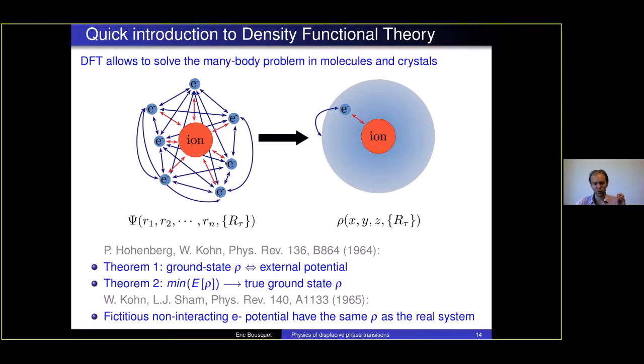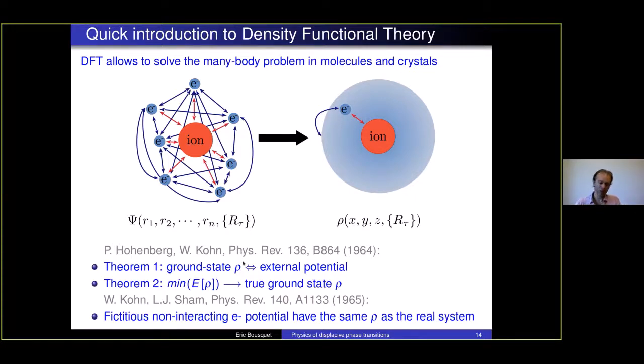Because if you go from the wave function to density, you could say, maybe you can have many densities that can solve the problem, that give rise to the same energy, let's say. But here they prove mathematically that no, if you have one potential, you have only one ground state density. This is really important because it guarantees that if you want to solve your system and you find one density, it will be the ground state density. You don't have 2 or more possible densities that are going to solve your system.